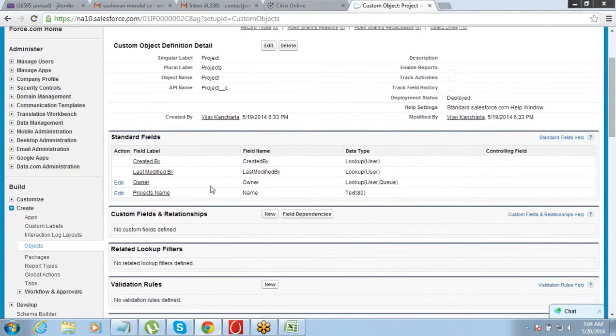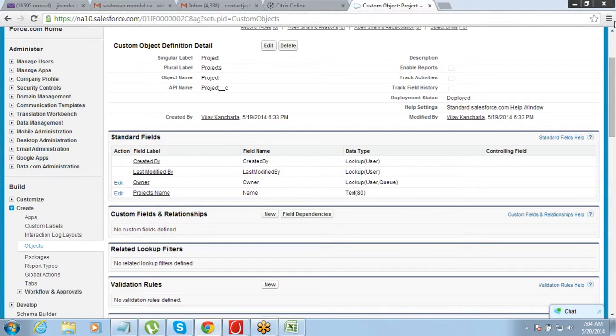Scroll down. Now, the object that we created is a custom object. Hello. Just one quick question here. I see API name project underscore c. What is that? Yeah, API name is something which will be used during our programming part, once we come into the programming thing and all, right?